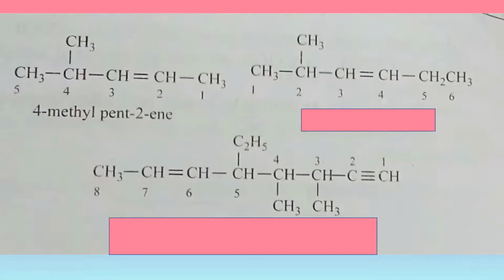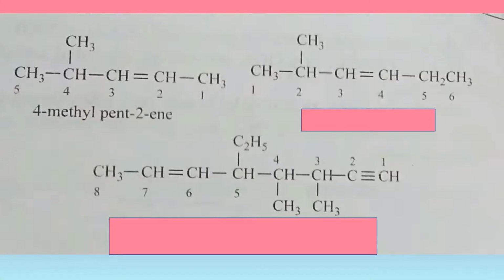Now coming to the second example, here if you see, the double bond is present in the middle, that is, it is equidistant. It's present on the third carbon if you count, whether from right to left or from left to right, the carbon that has a double bond attached to it gets number 3. So in this case,